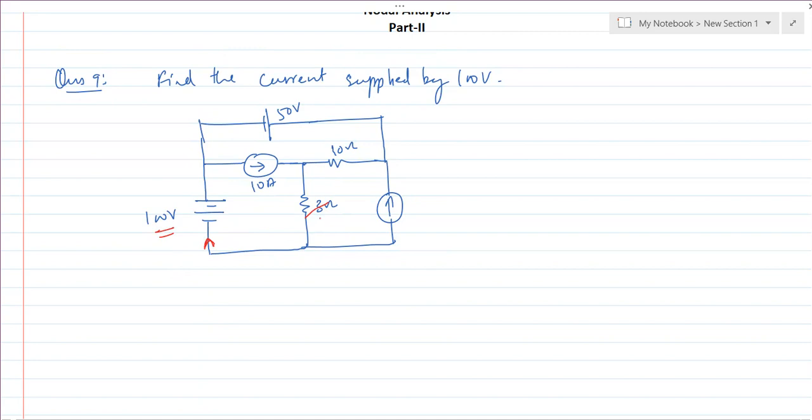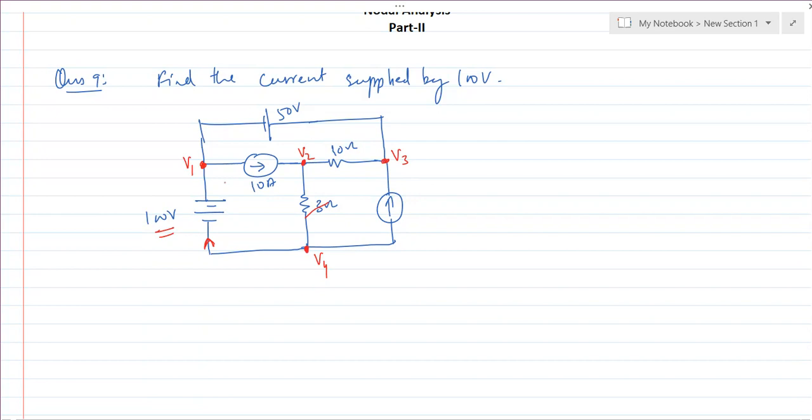Now let us find out the junctions first. In this circuit we have junction number 1 is this. Let us call it V1 is the voltage. Second junction V2 is the voltage, third junction V3 is the voltage and this one is fourth, V4 is the voltage. ठीक है, चार जंक्शन हमारे पास हैं.